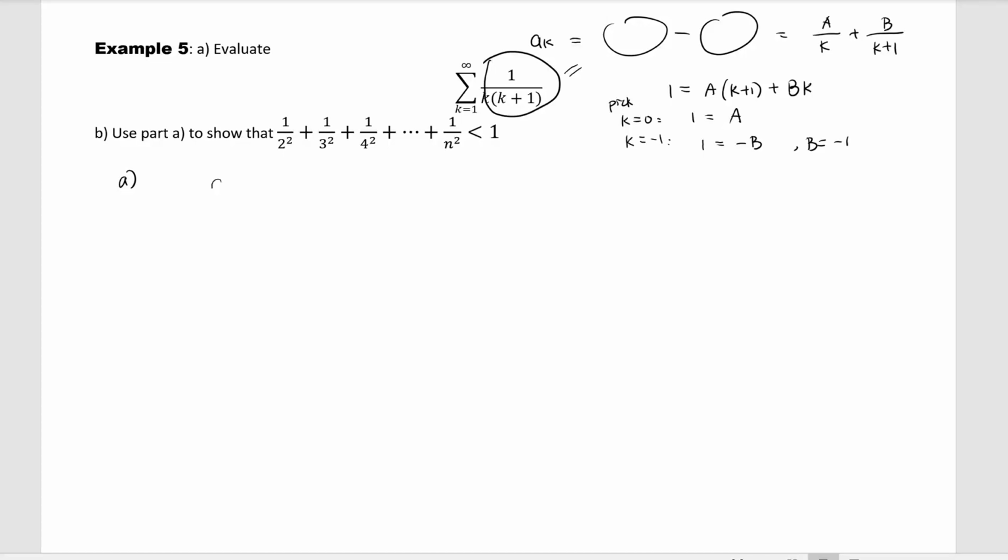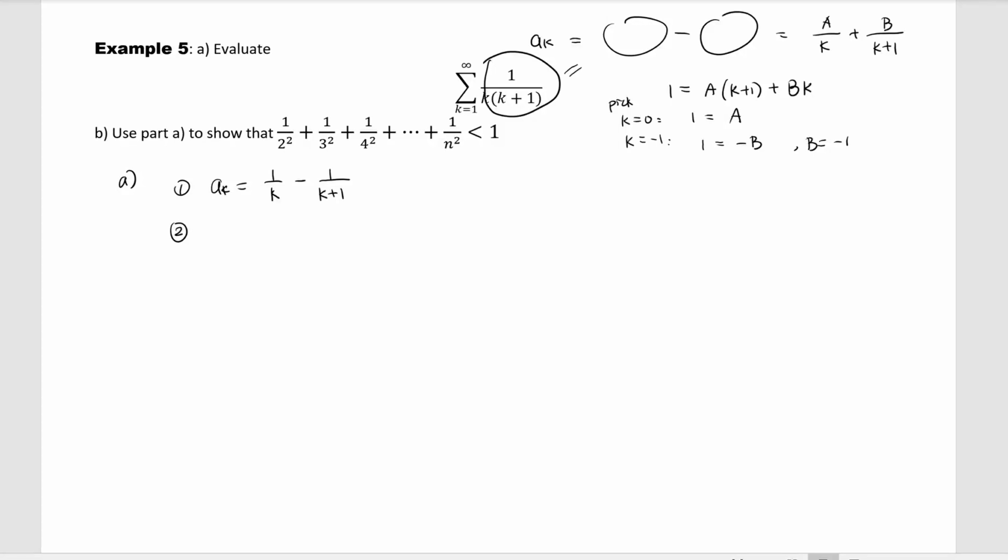Oh, so a_k is 1 minus 1 over k plus 1. Actually, even though we are in chapter 8, we need some concepts from chapter 7, the partial fraction. Okay, that is the first step. And second step,